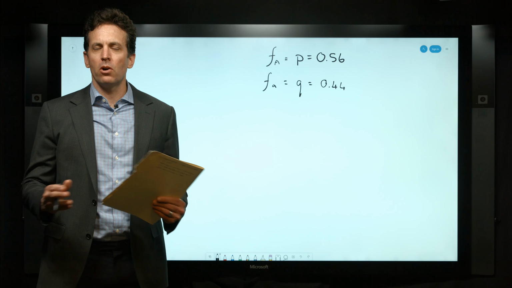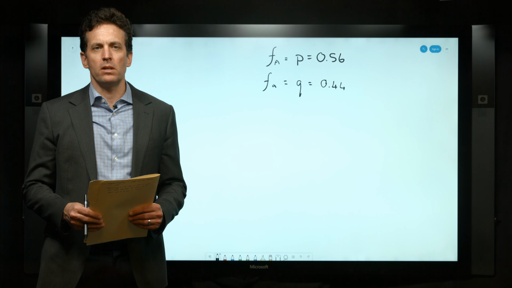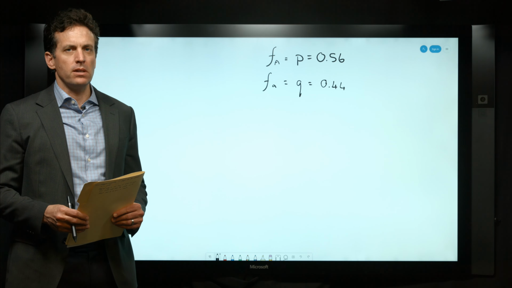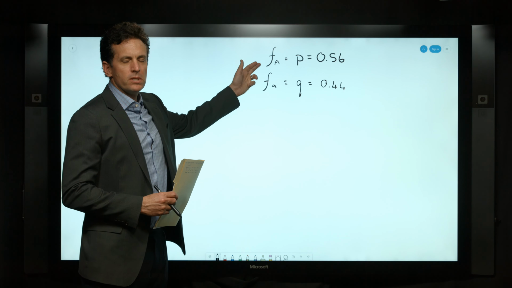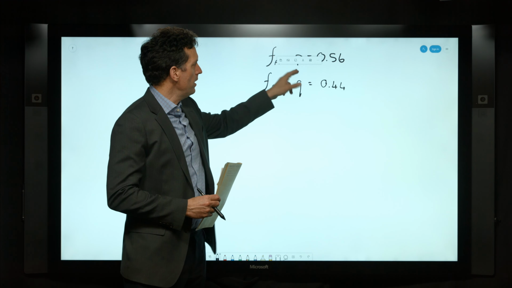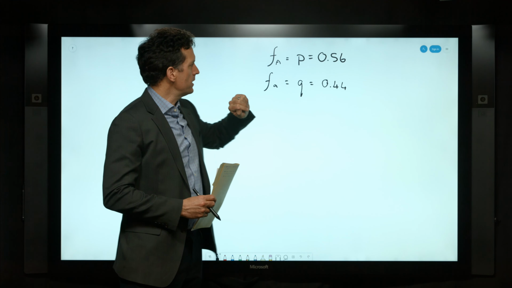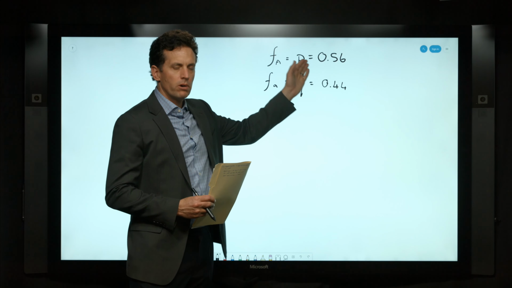All right, so I've shown you how we go from our genotype frequencies to our allele frequencies in the population, which is what we're interested in this case. And I've written those up here again for you. So the frequency of the big A allele, which we typically use the symbol P for, is equal to 0.56. And the frequency of the little a allele, which we use the symbol Q for, is 0.44, and those sum